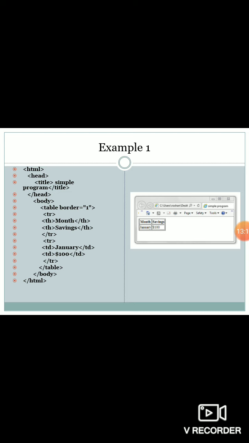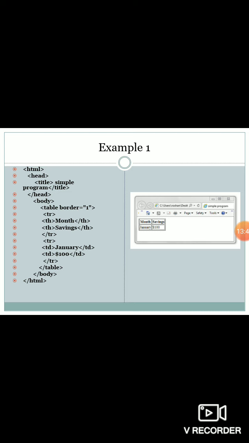Now again if we want to insert data in the same table in the second row, one more time you have to use the tr tag. Here after the tr tag, we use the td tag. That means whatever data I enter with the td tag will print by default at the left hand side of my particular column and with normal text. Then I end the particular row, then end the table, body and the HTML tag.